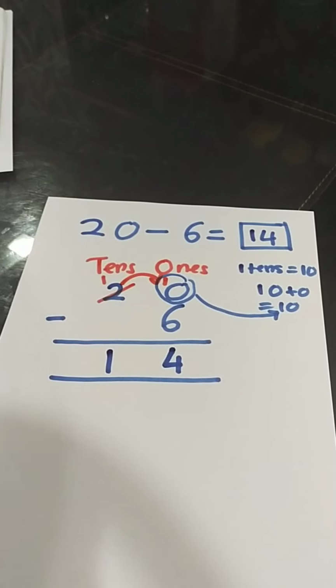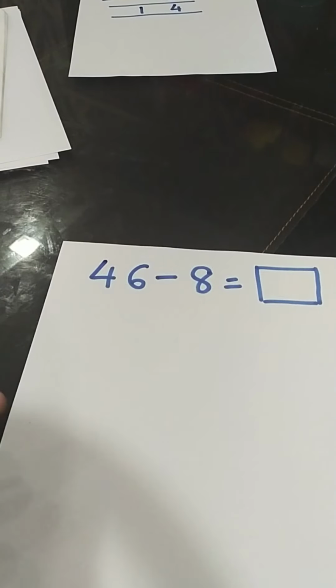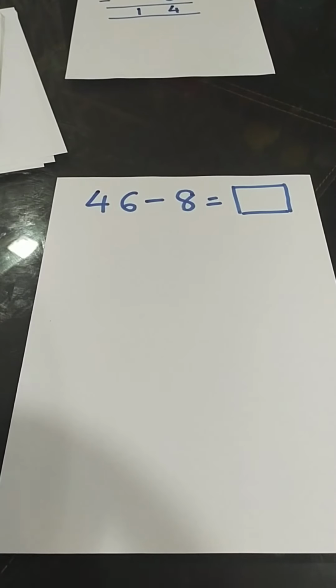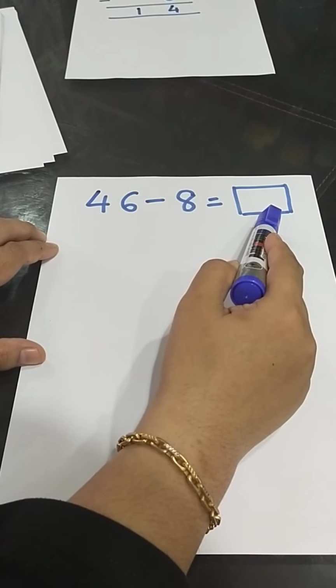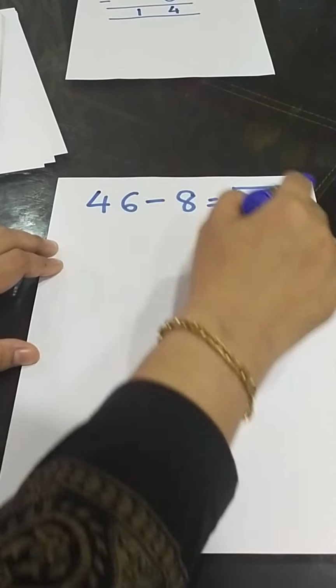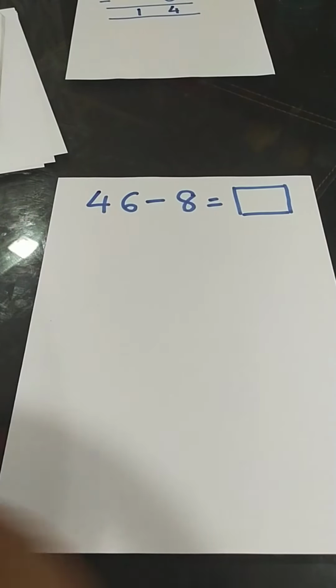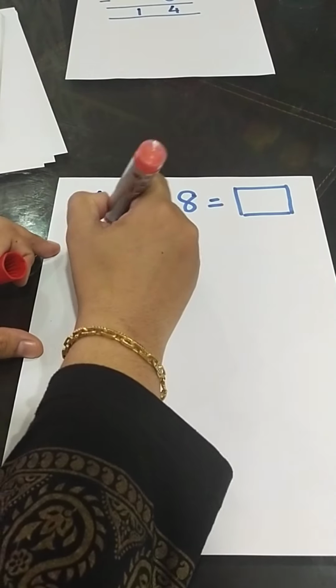Okay, let's see another example. The question is 46 minus 8 equal to what number? Okay, 46 minus 8 equal to what number? First, we need to change number sentence to standard written method. As usual, we put the place value first. We have tens,